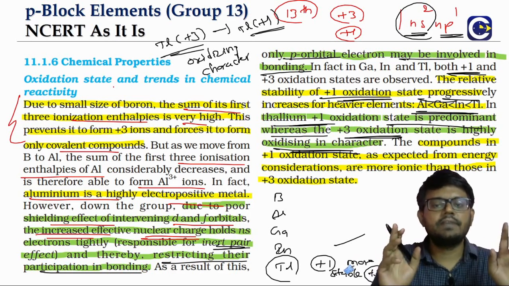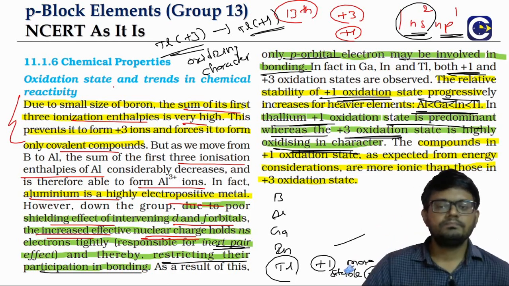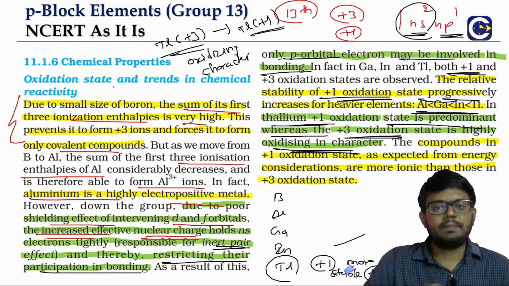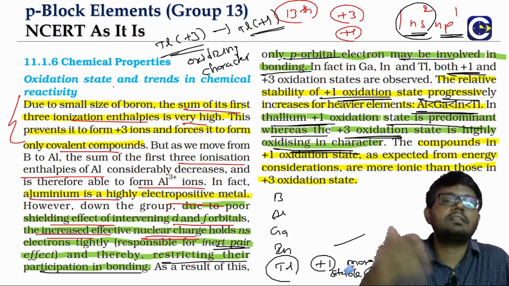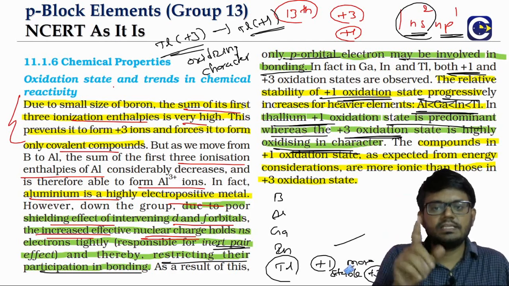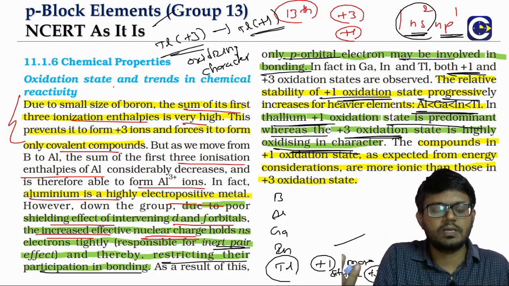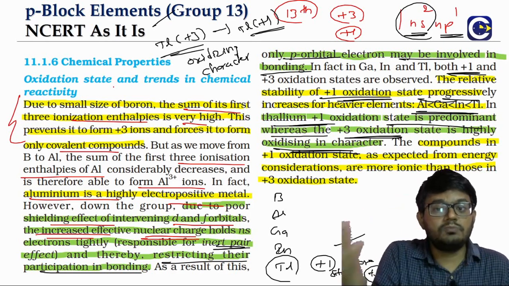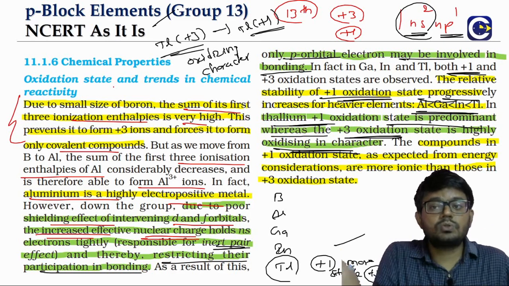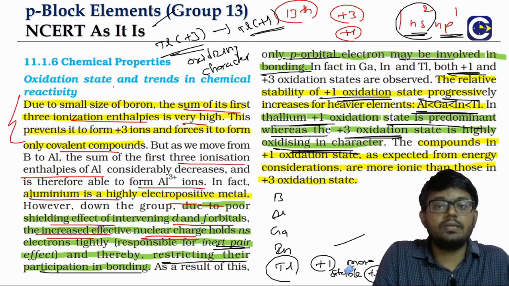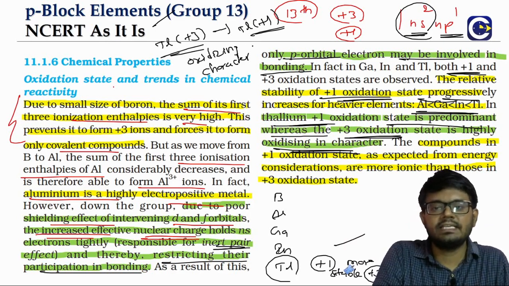So here the things that we need to remember are, one, the stability of the +1 state increases down the group. The reason is the inert pair effect. And second thing is that the +1 is more stable than the +3 in the case of thallium. So that is the reason why, in fact this is another question, thallium in the +3 state will show oxidizing characteristics, because thallium +1 is more stable than +3. So thallium from +3 will get reduced to +1, which means it is getting reduced, which means what? It is able to act as an oxidizing agent. So it is showing oxidizing characteristics.